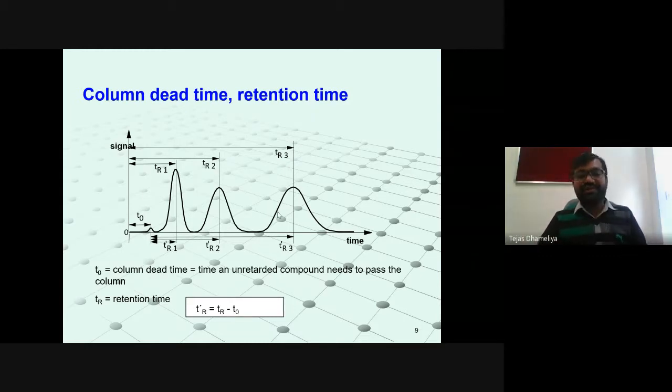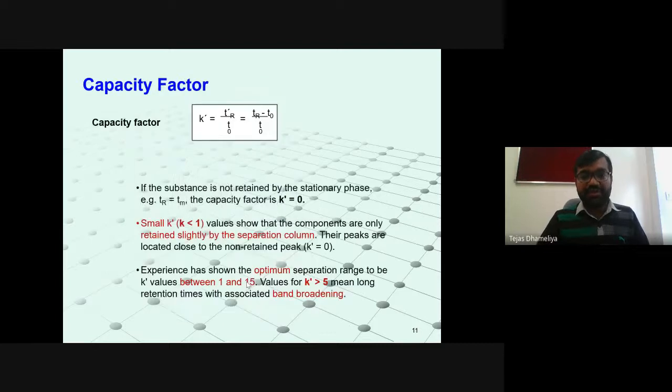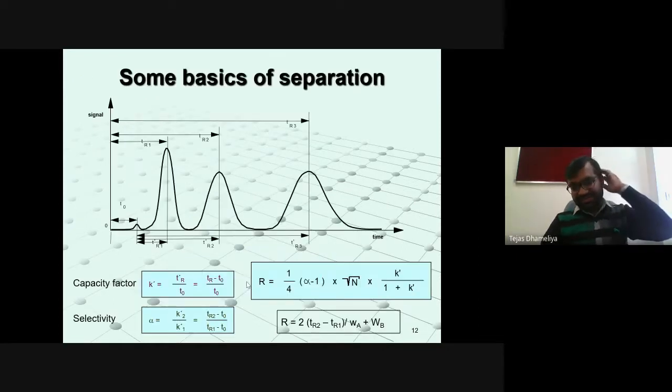It is mentioned over here that this is the first peak which is eluted, or something which has come out from the HPLC column. That time is called the dead time, and the volume is called the dead volume. Retention time is the time to elute 50% of the compound out from the column. So that is retention time. And capacity factor is a formula, as are selectivity factor and resolution. We have seen all of these formulas.